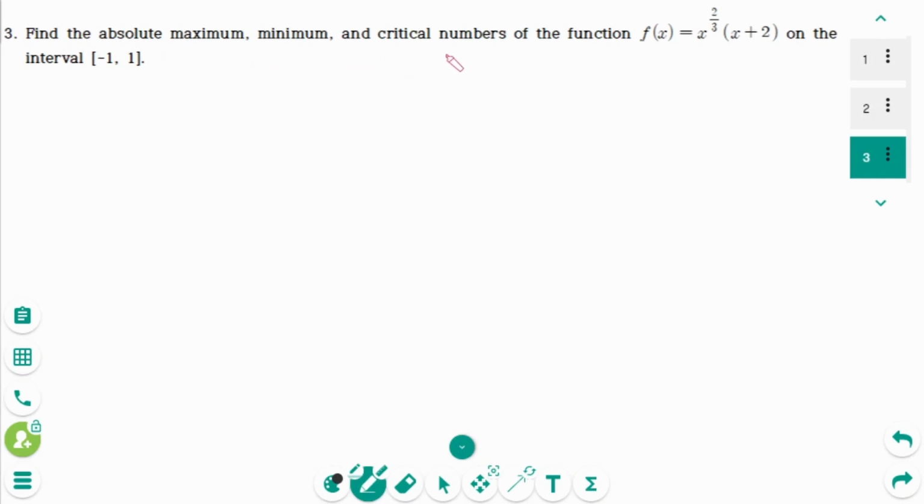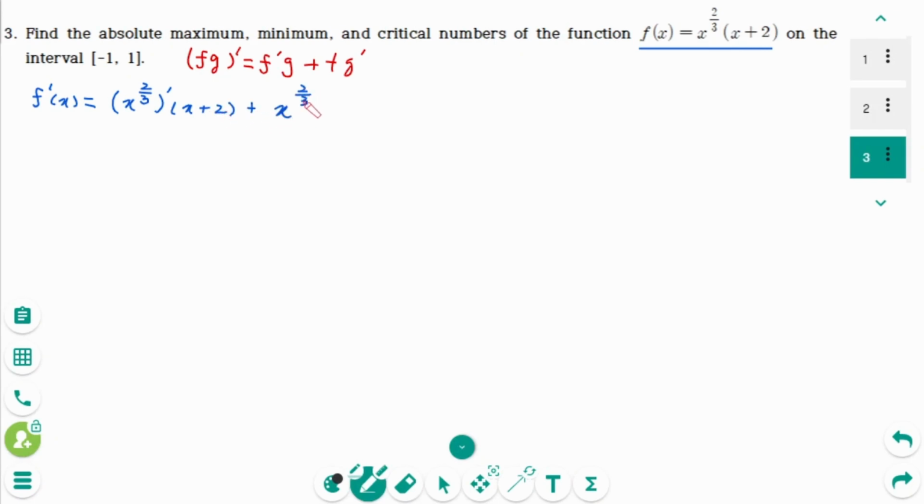Question 3. f of x is here. Using the product rule, f times g prime equals f prime g plus f g prime. Then f prime of x equals x to the power of 2 over 3 prime times x plus 2 plus x to the power of 2 over 3 times x plus 2 prime